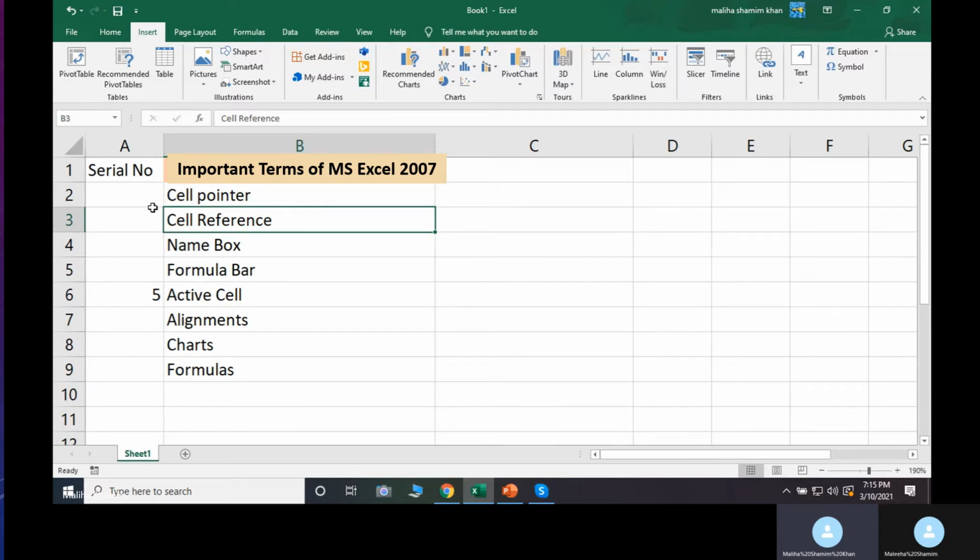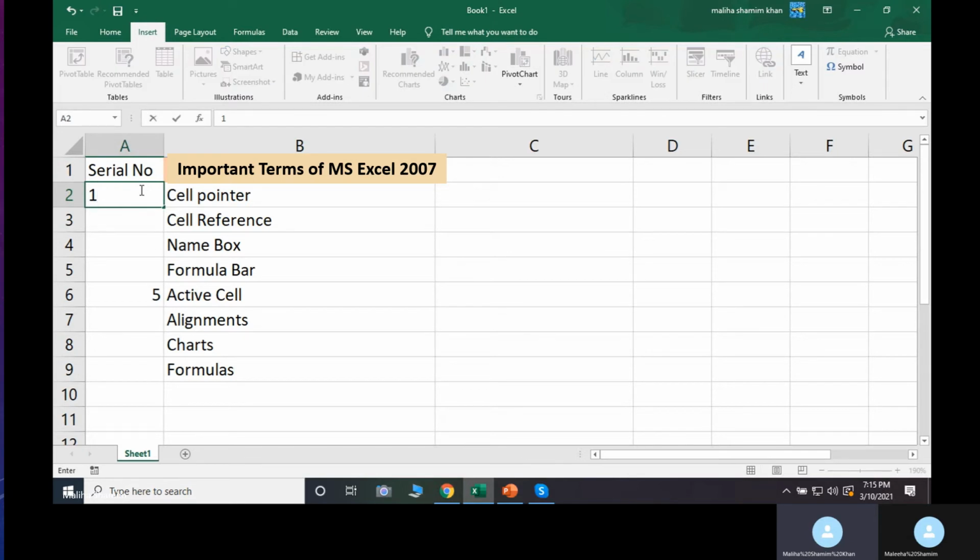Let's talk about the numbers. This is a column with the name of serial number, which I need to fill in. Let's have a look. I'm entering the data 1. Now you can see the numbers are set towards the right side because the default alignment for numbers is right alignment. So this is the difference between the text and the numbers alignments. Let me complete this.